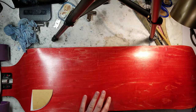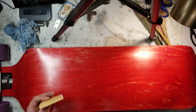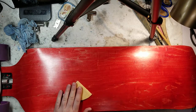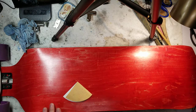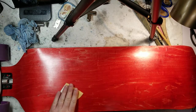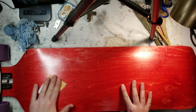There does appear to be a little bit of a finish on it, and in order to apply the ground, I have to roughen it up a little bit. I could see swirly swipes where that finish was applied, or it might have been a final sanding. I'm not really sure. Anyhow, I apologize if you don't like the sound of sanding, but one thing that